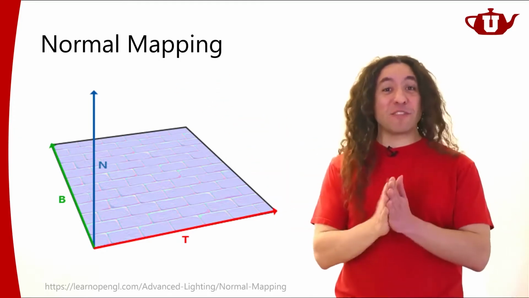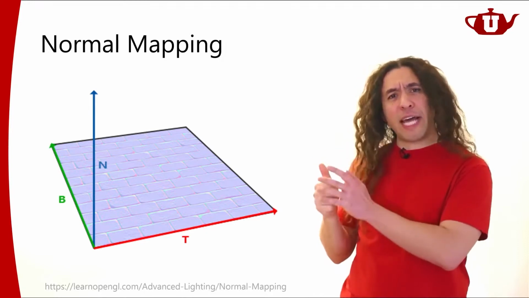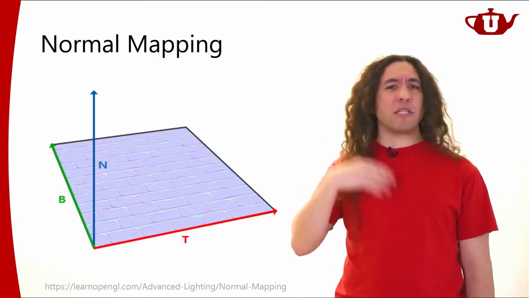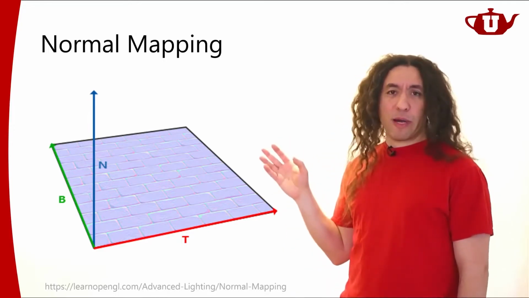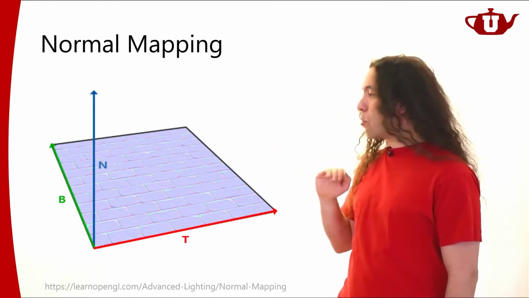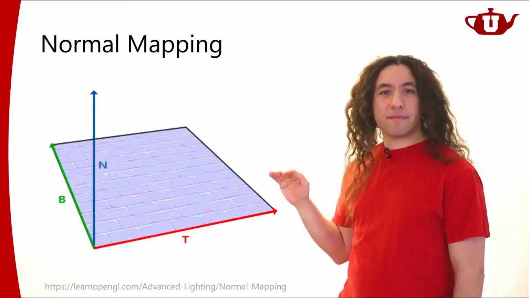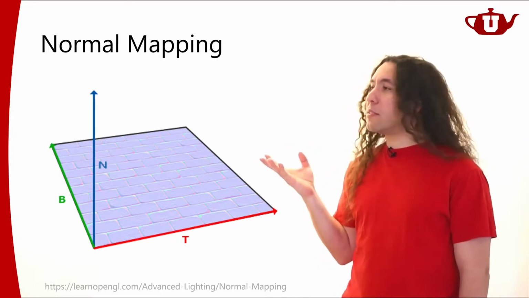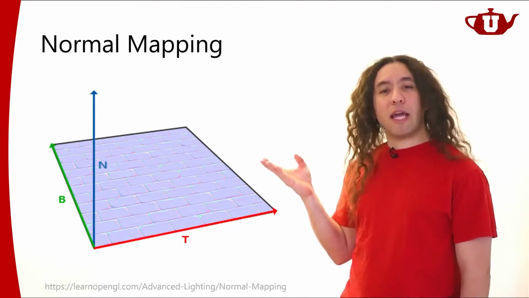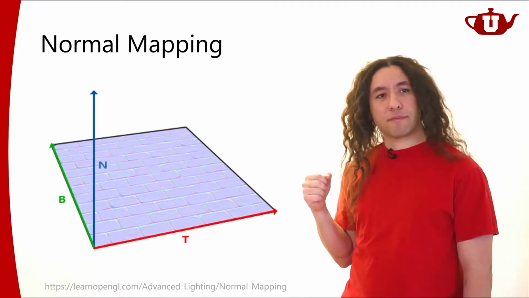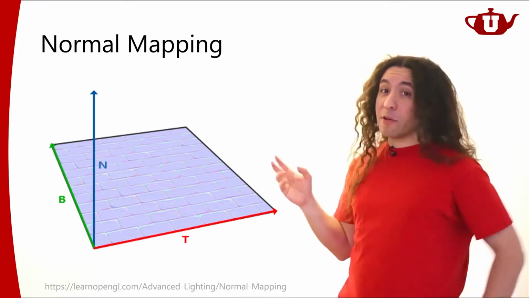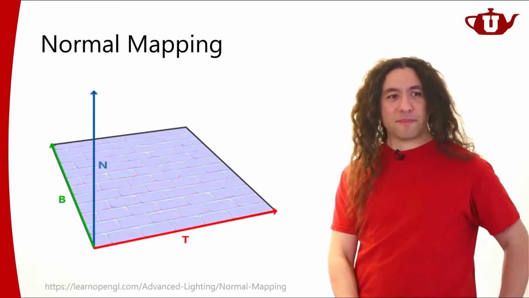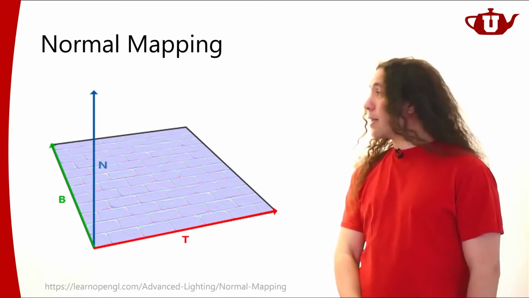So this transformation that I was talking about, from this local tangent space to object space, and then to camera space, simplifies quite a bit. If your object is totally flat and is not deforming, like a flat plane like this, then you can treat your normal maps as if those normals are defined in the object coordinate frame, because they're going to be the same. But of course, if I take this plane and start deforming it, things are going to be a little bit different. All right.